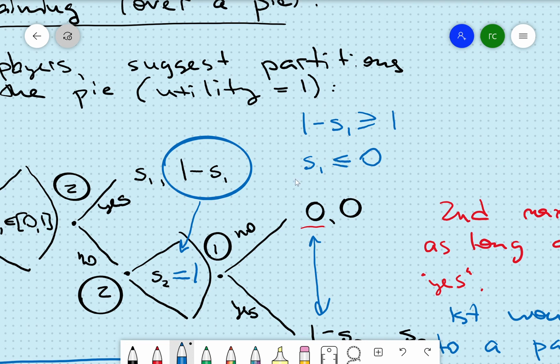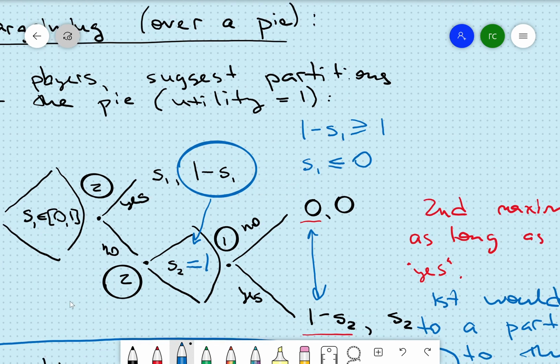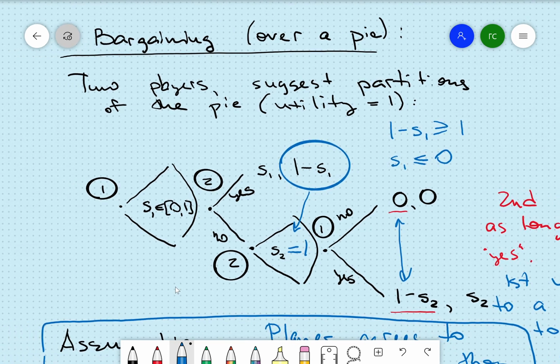So in order for the first player to get a yes in this situation, she would have to say that S1 is, well, it couldn't be less than 0, right? She could not take a negative part of the pie to herself. It can only be equal to 0. So S1 would be equal to 0. And that means that now with this assumption that we made,